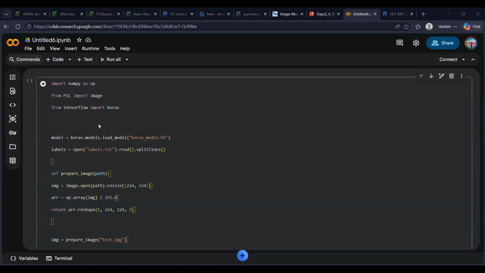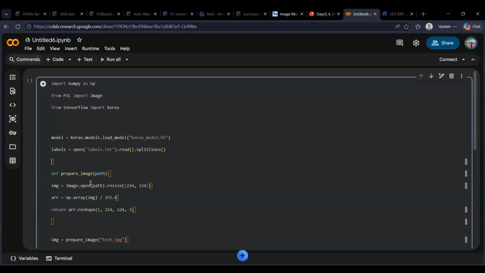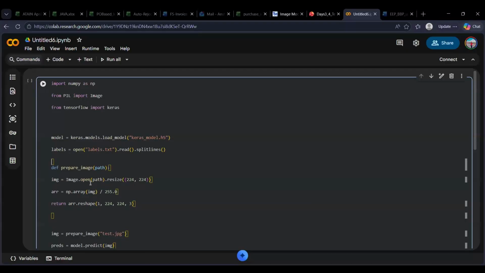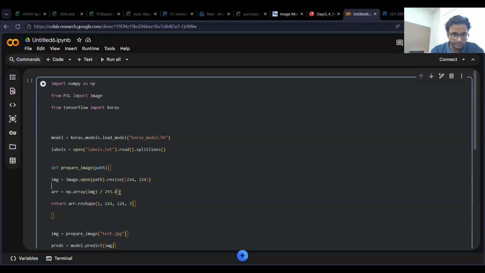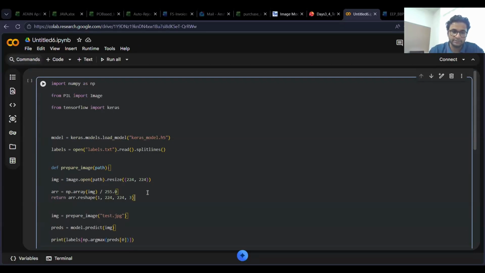Then from TensorFlow, you are importing Keras, and then in the next line you are defining a variable, and then in the next line you're defining a labels variable as open dot splitlines. And in the sixth line you're defining a function. Okay. Pretty good. So clearly you have had some hands-on Python so that you understand this particular piece of code. That's really nice.